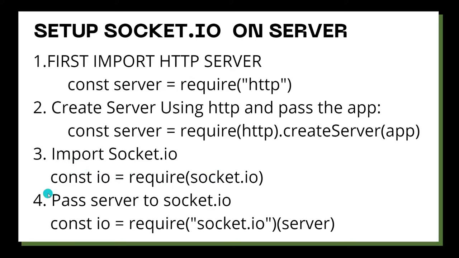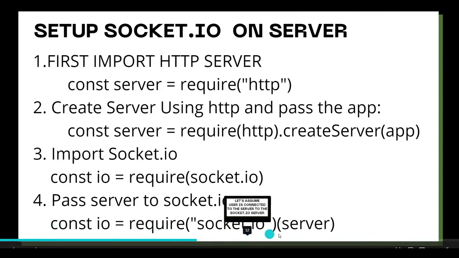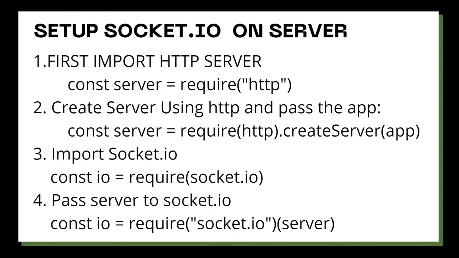Okay, so this statement will import Socket.io, and then after that we have to pass the server to Socket.io. So what is this server? This server is the server that we had created. This server is equal to require http dot create server, and we have to pass this server to Socket.io. So we will type const io is equal to require Socket.io, and then we will give the server. We will pass the server. And what setup we have to do on the client side, we will see after setting up Socket.io